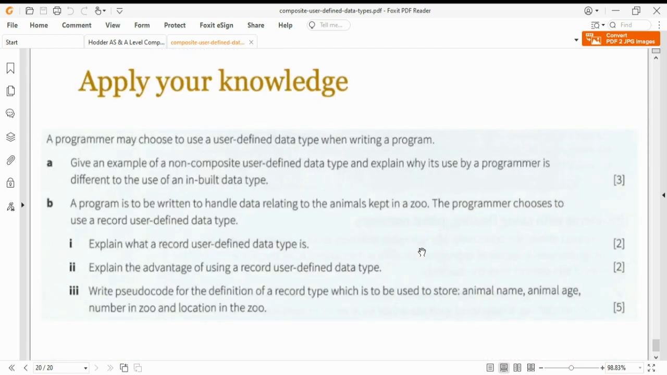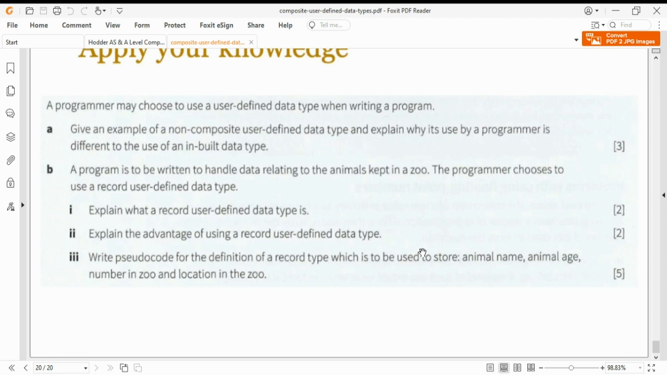Okay, then try to attempt these questions. You can take a screenshot of these questions. Give an example of a non-composite user-defined data type and explain why it is used by a programmer, which is different to the use of inbuilt data types, the data types that already exist. A program is to be written to handle data relating to the animals kept in a zoo. The programmer chooses to use a record user defined data type. So the record data type will be used to keep the record of all the animals in a zoo. Explain what a record user defined data type is and explain the advantages of using a record data type,